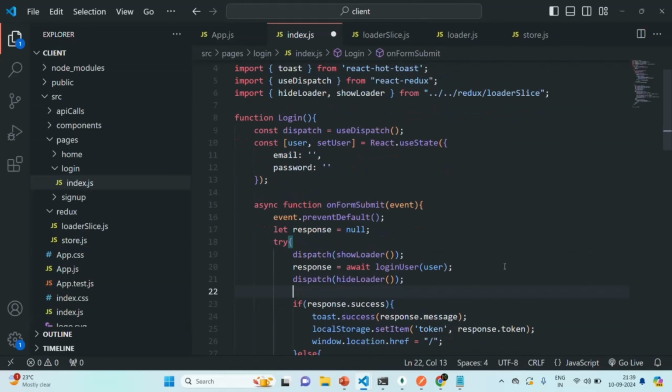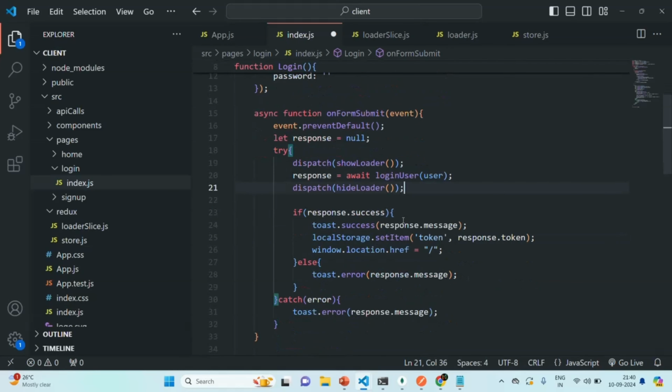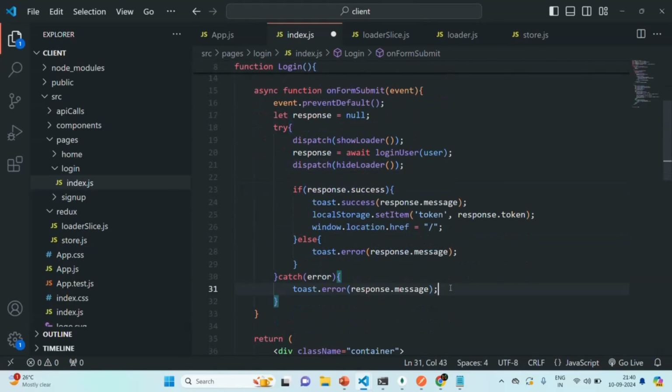And then we also want to hide the loader in case if some error has occurred. So if some error has occurred, we don't want to keep on showing the loading indicator. So we are also going to add it in the catch block. Okay, so at the top, let me go ahead and let me add hide loader. Let's save the changes. Now let's go ahead and let's do the same thing in